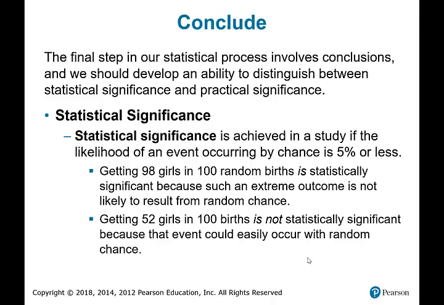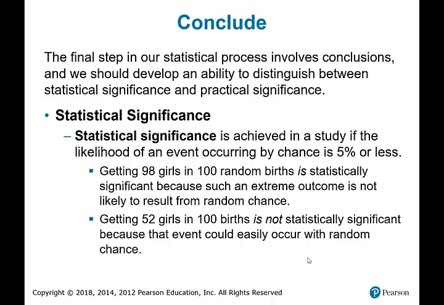So therefore, out of 100 births, you would expect 50 or so of them to be girls. Well, if you get 98 out of 100, something's happening to cause that many girls to be born. That's not just by chance, because by chance there should have only been 50 out of 100 girls. So we would say that is statistically significant. Later on, we'll be calculating the probability or likelihood of that occurring, and then that's where the 5% comes in,